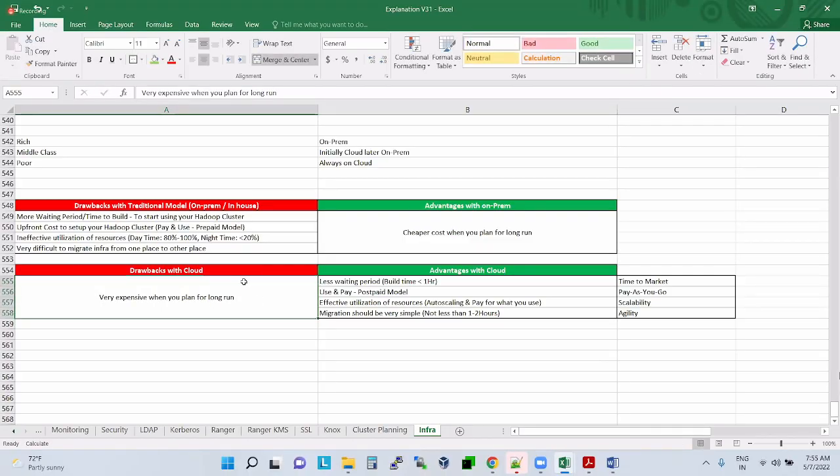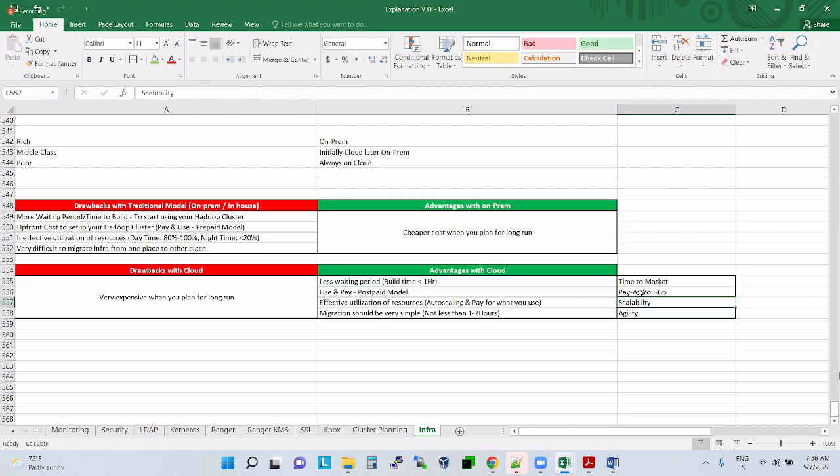You need to put both the cloud and on-premises in one place and understand. These are the drawbacks with on-premises, but these drawbacks are taken care of in cloud. In case of cloud, if you want a Hadoop cluster, within 15 to 20 minutes your cluster will be ready. And you have scalability. You will use more from 9 o'clock in the morning to 6 o'clock, and after that you will use less. Based on your requirement, you can increase or decrease the processing. So scalability is there.